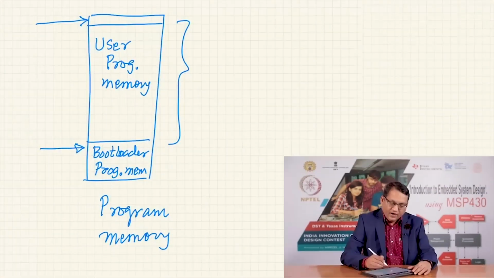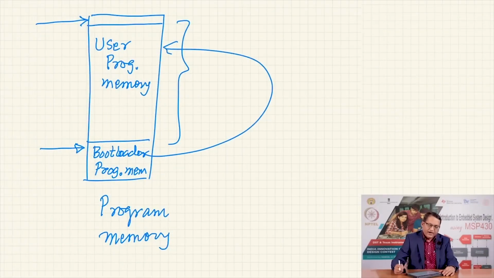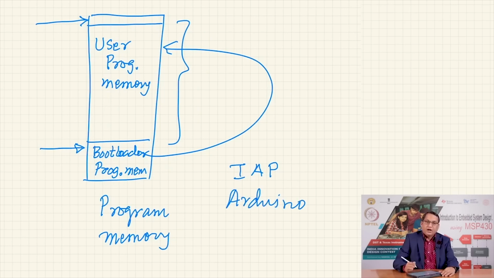The microcontroller bootloader program would receive it and would actually write into the user program memory. After the program transfer is complete, it would transfer the control to the first memory location of the user program memory, and user program execution would begin. This method is called in-application programming using the bootloader method. This is commonly used in your Arduino platforms,